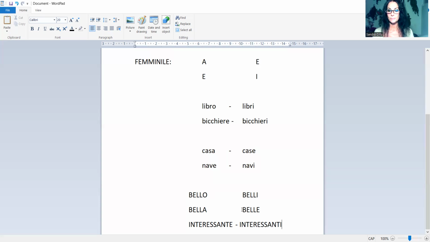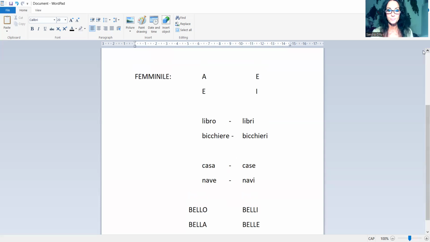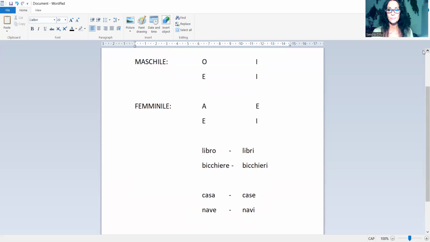So this happens with most adjectives, all those words that describe nouns. As I said, there is a default when you're looking for it in a dictionary. They will give you the masculine singular. And then you need to make it agree with the noun that you need to describe. So you change the ending. So you end up with the four endings that, if we go back up here, are the same endings of the nouns.